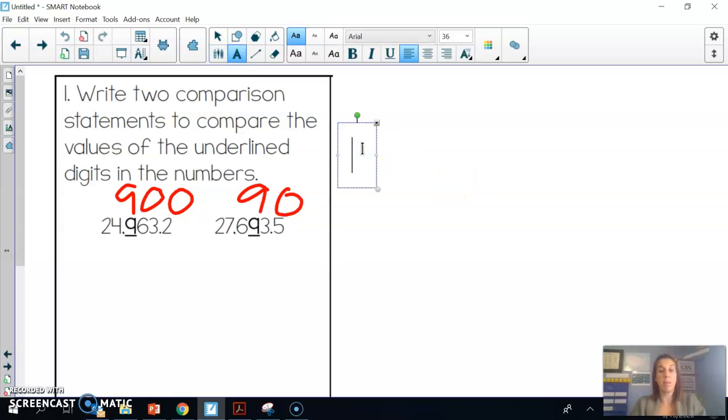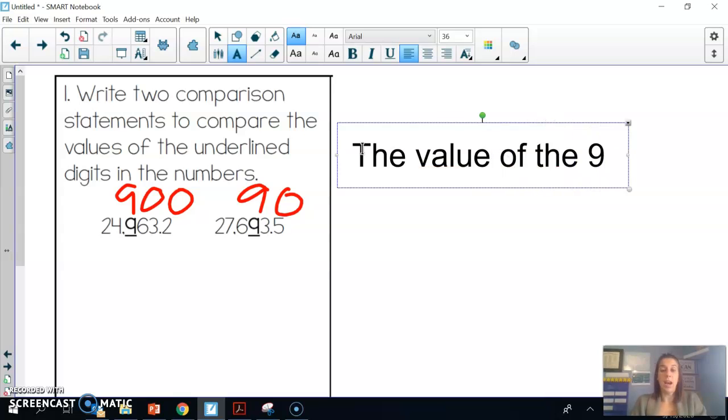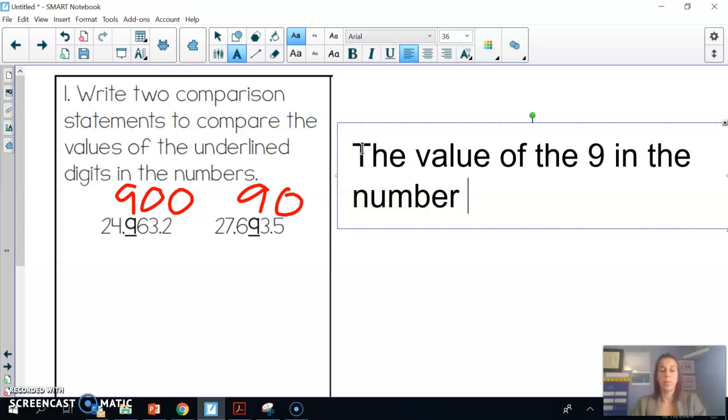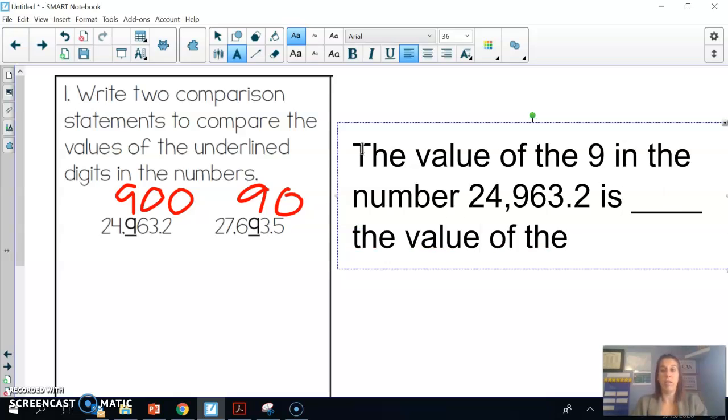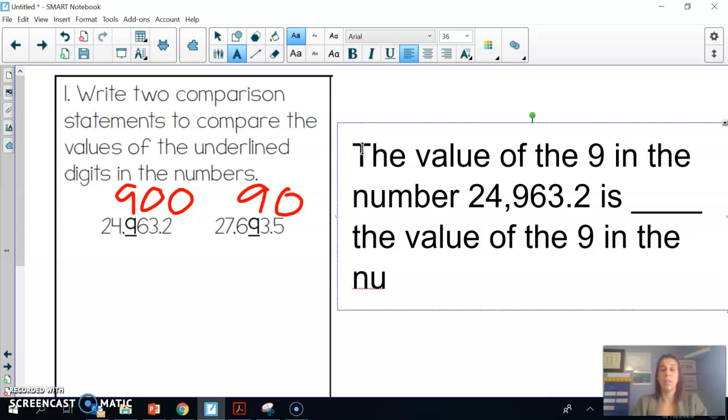And I might make my statement something like this. And this is what your statement should look like as well. They should say, the value of the 9 in the number 24,963 and 2/10 is blank the value of the 9 in the number 27,693 and